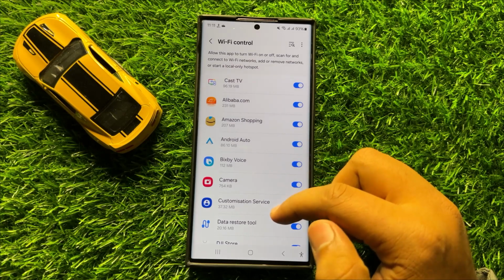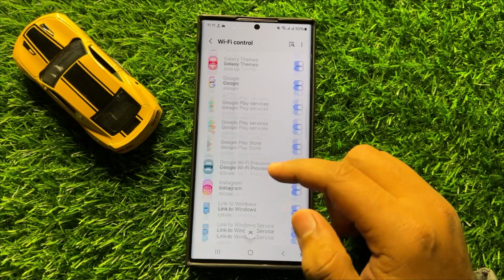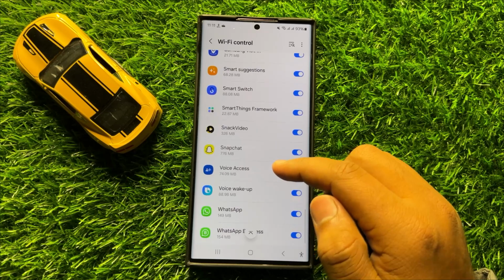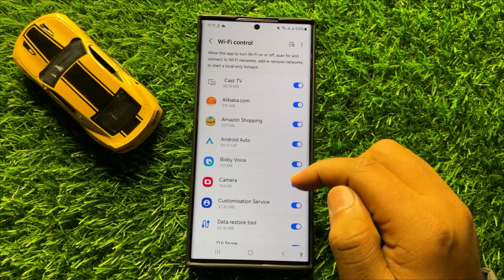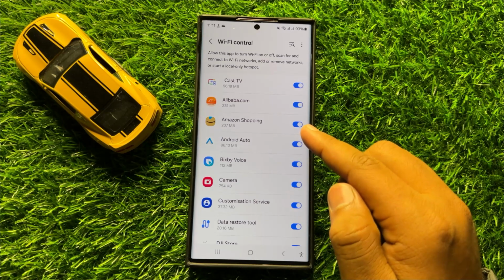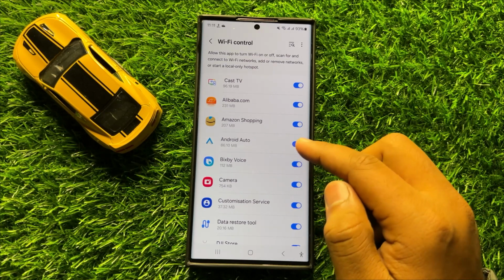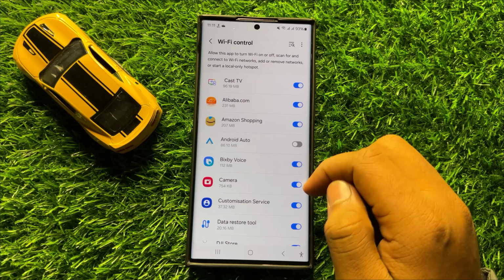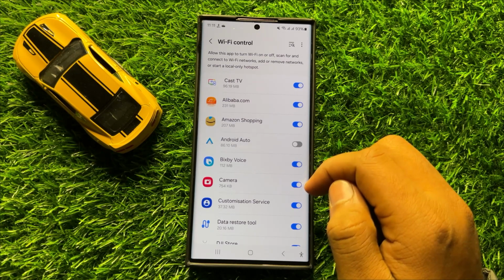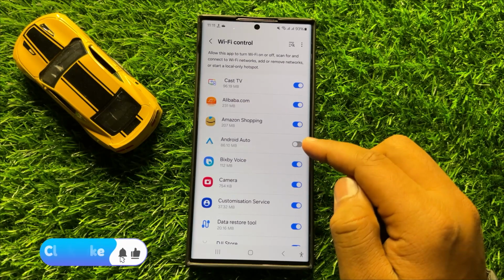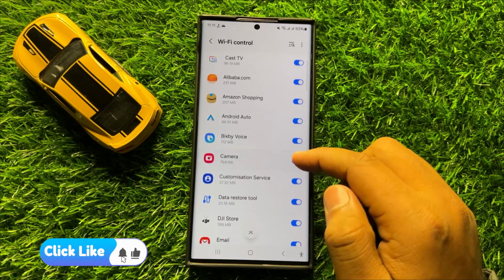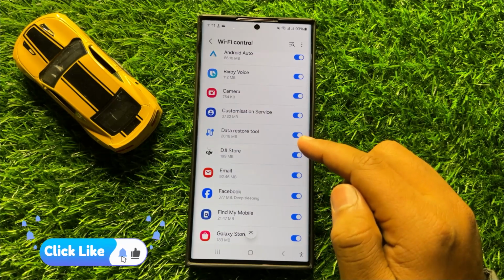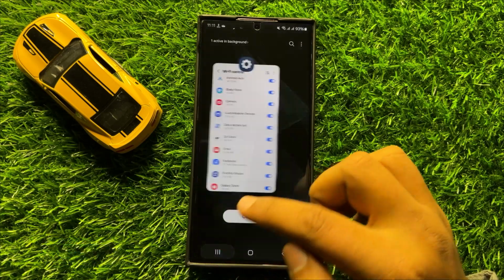list of apps that can use the Wi-Fi control permissions. So if you want to disallow or deny an app to use Wi-Fi control permission, then turn off its button, and if you want to allow the app to use Wi-Fi control permissions, then tap on its button to turn it on. So with these buttons you can allow or don't allow apps to use Wi-Fi control permission in Samsung